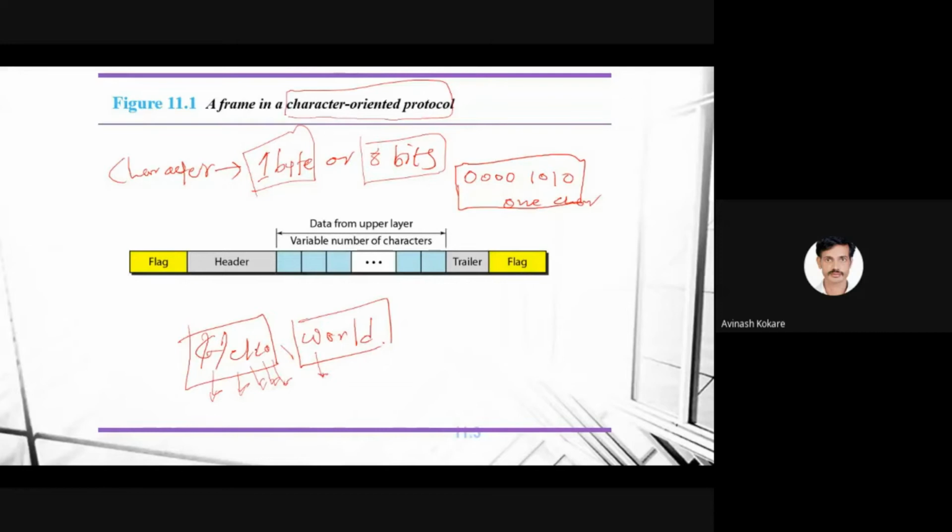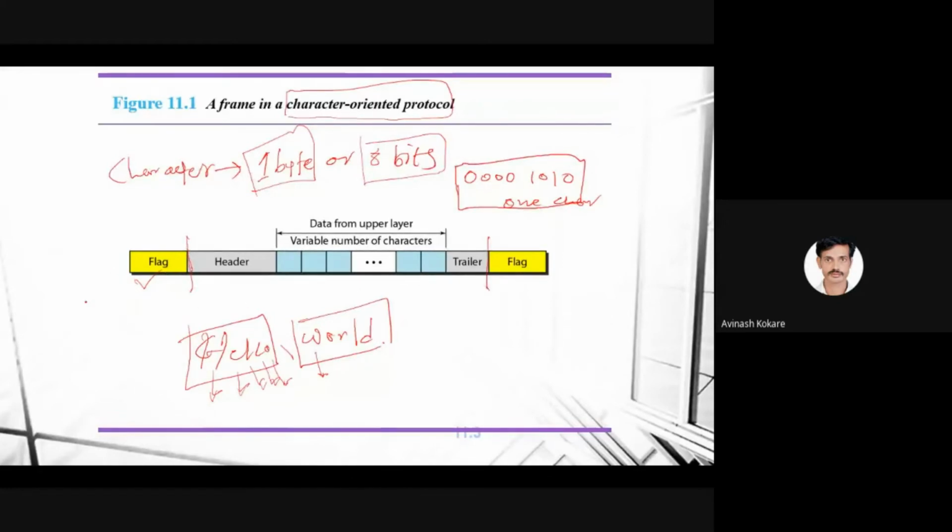Your receiver needs to know where this frame has ended and where the new frame has started. In the format of the frame that we have seen, it has some flag. The flag is used for the starting and ending of the frame, to separate the two frames. The flag will be at the start of the frame and at the end of the frame.